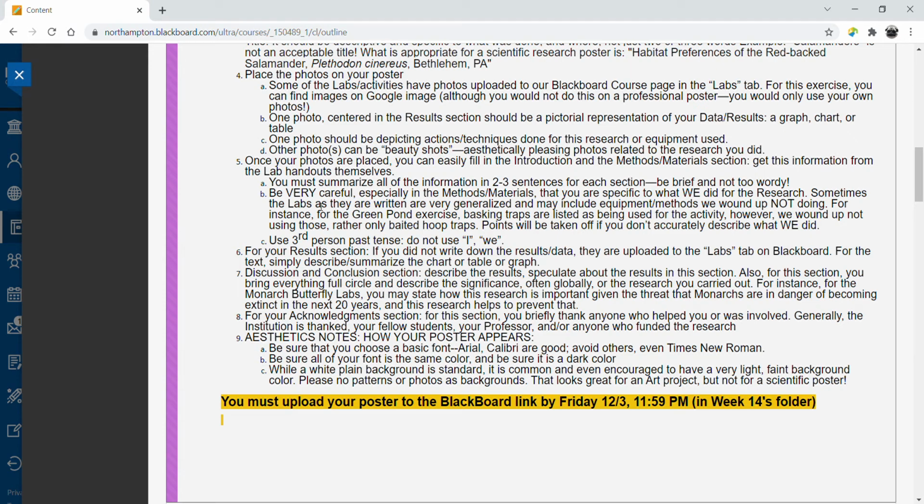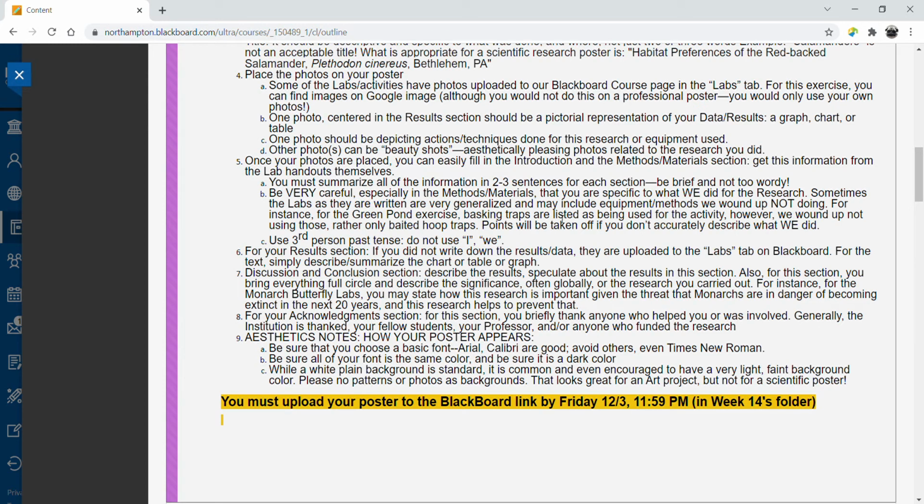What you want to be really mindful of is, for materials and methods, make sure that it's what we actually did in the field, because some of the labs, when I write them, are sometimes pretty broad, because we might be doing some different activities or not doing some activities that are listed on the lab itself, because some of them are weather and equipment dependent, which we may or may not have that particular day. So make sure that you only include the things that we actually did,